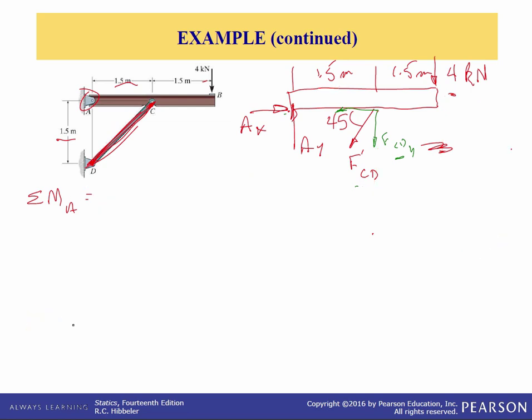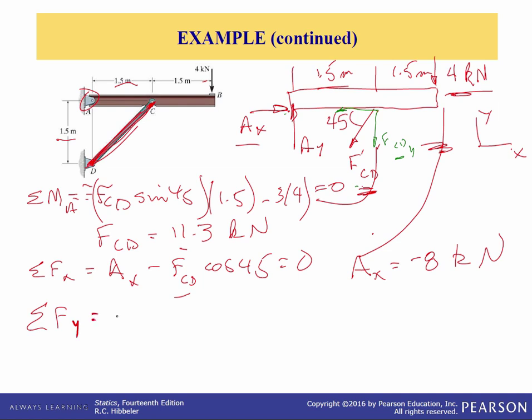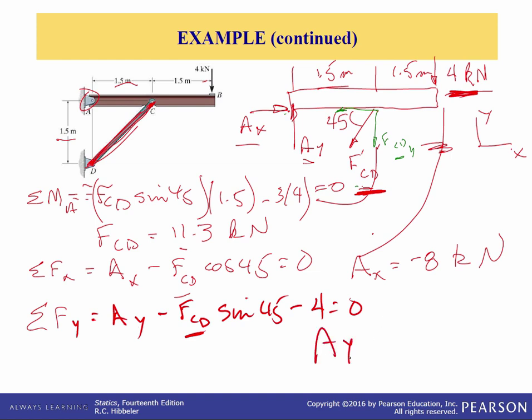Lastly, sum forces in the Y direction. So we have the Y component at pin A. We have the vertical component of F sub CD, and that's going down, so it's negative, so it's minus F sub CD times the sine of 45. And then lastly, we have the applied 4 kilonewton force, and that's all in the Y direction, so it's minus 4. We set that equal to 0. And since we know F sub CD, we can solve directly for A sub Y, and that comes out to